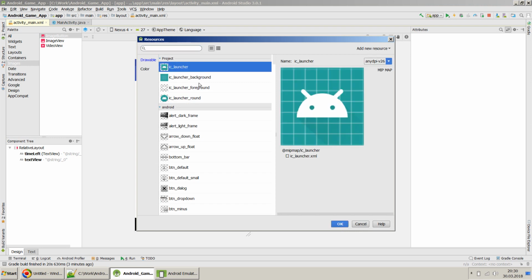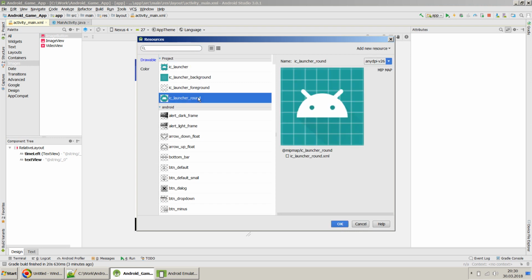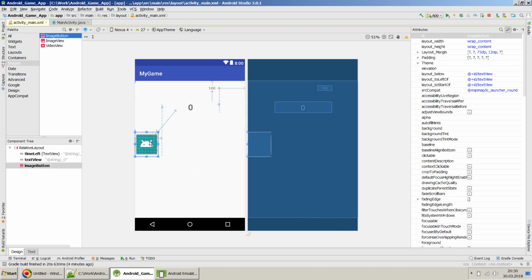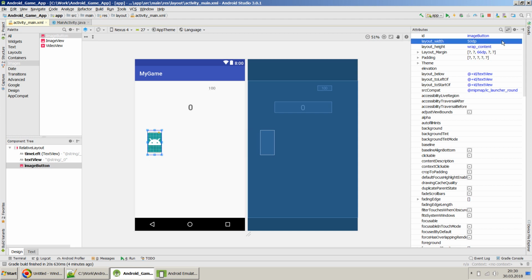probably this one, this round one. Yeah, I think I will just use this one, this image, and here it comes. So this will be one of my buttons, but since I'm trying to design a game, I will have to put lots of buttons, so probably I'll decrease the size of this button a little bit. So width probably I'll keep it around 50, or it's too less. Probably I would like to increase it to